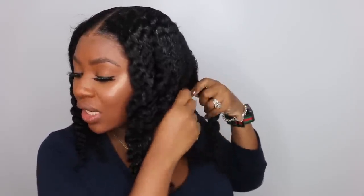And I kind of did a lazy wash and go type of situation where I want to let them go, but I don't want to disturb it. And you are going to get shrinkage, especially if you don't let these completely dry. I would also recommend doing smaller twists, but I just wanted to tame the hair and see what it will look like. Honestly, the hair will get bigger throughout the day, especially with more relaxation, but